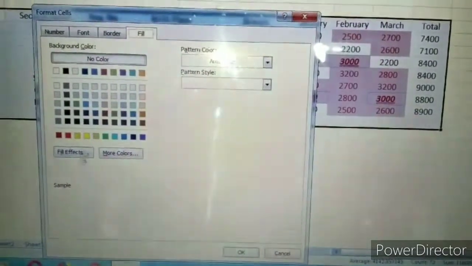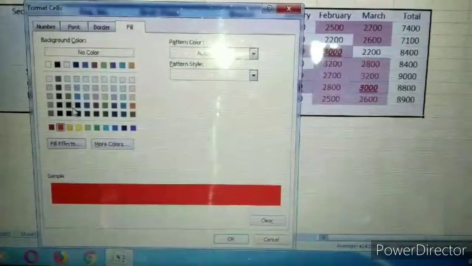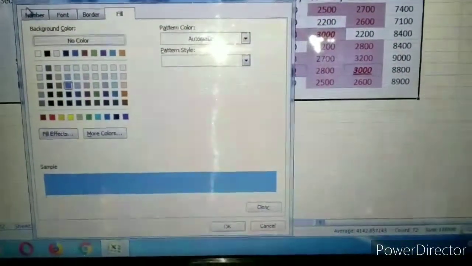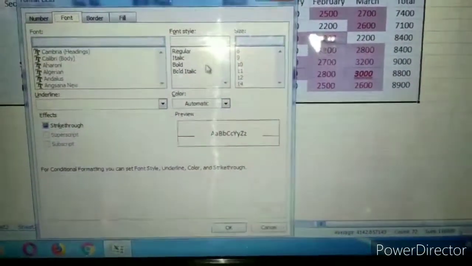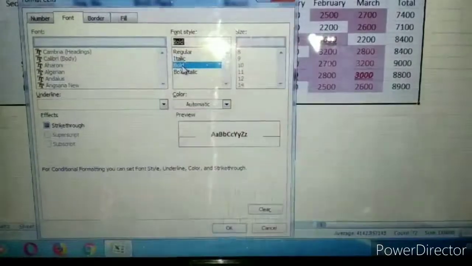We want to see this in a color. Red is already used, so we take yellow and blue color, and for the font we want bold only.